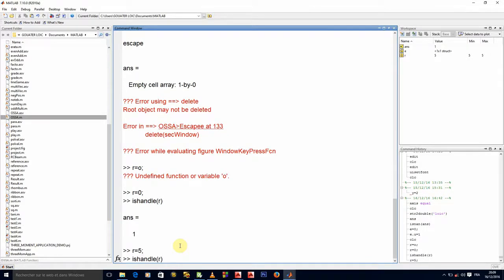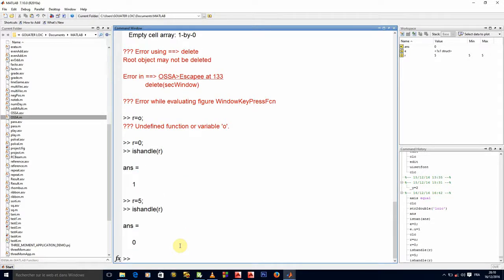Wait a minute. Why did it give me 1? If it gives me 0 normally, then it means that R here is not an object. If it gives me 1, it means that R is an object, but I'm surprised that it gave me 1 here. I did not create any object as R.